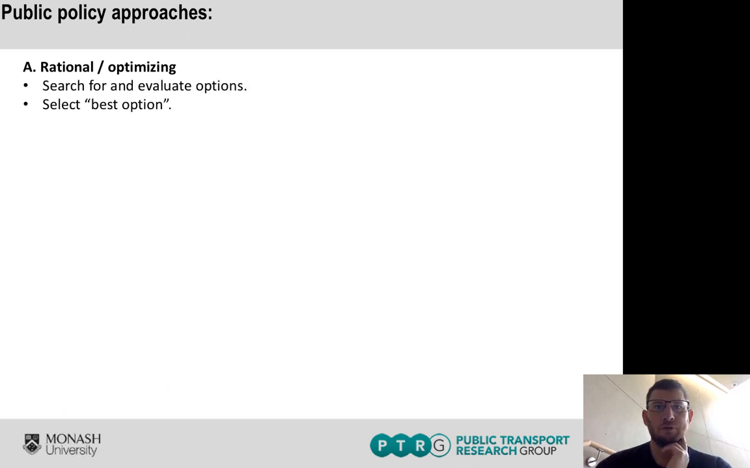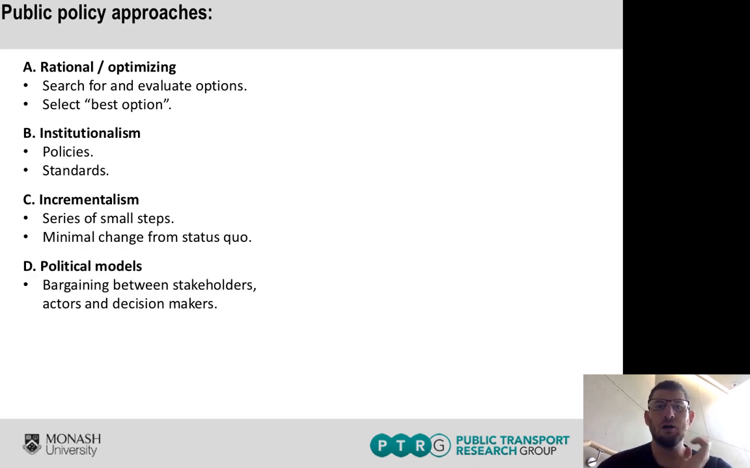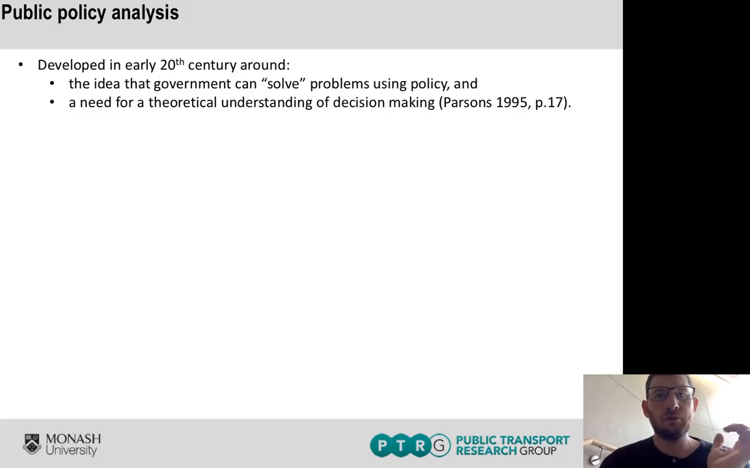So public policy approaches include the sort of thing that we're familiar with, the rational or optimizing approach, where it really is about searching for the best option. Institutionalism, which is more about policies and standards. Incrementalism, which is about how policy moves as a series of small steps. Political models, which is more looking at how decisions are made through a process of bargaining between stakeholders and politicians and other key decision makers. And then there's also the rather interestingly named garbage can model of public policy analysis. So as well as the five